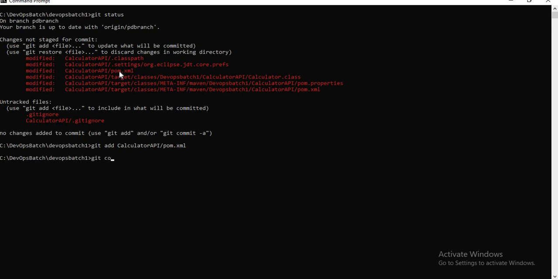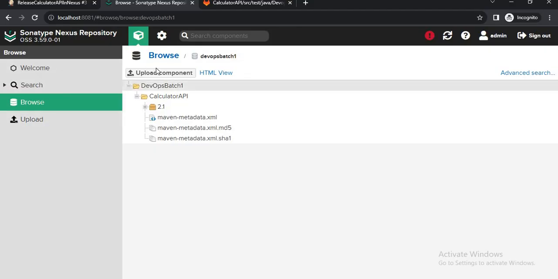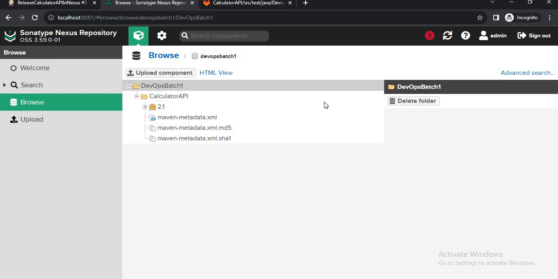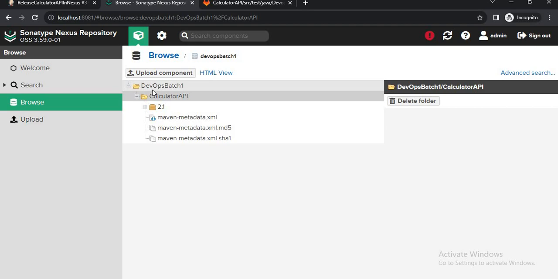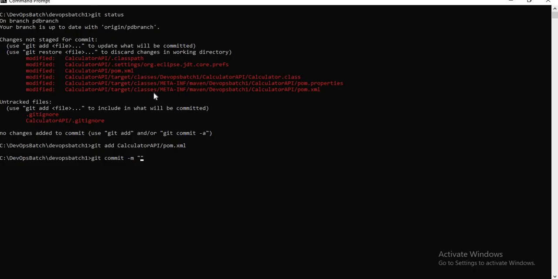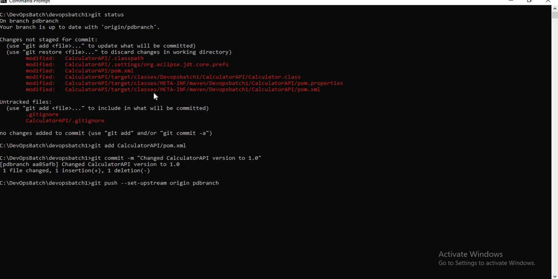Let me say git commit, and I'll say changed calculator API version to 1.0, and let's push the change.